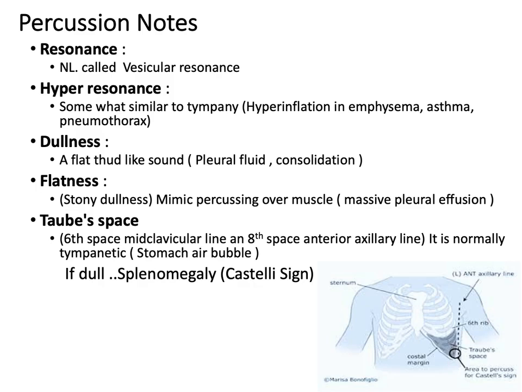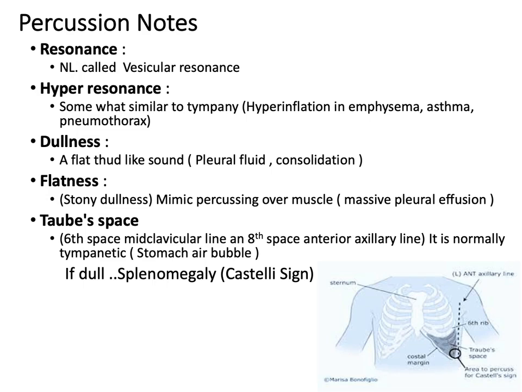Here are some of the percussion notes. It's either resonance, called vesicular resonance, which is normal, or hyperresonance, somewhat similar to tympany, seen in hyperinflation, emphysema, asthma and pneumothorax, or dullness, a flat thud-like sound, seen in pleural fluid and consolidation, or flatness, stony dullness, mimic percussing over a muscle, seen in massive pleural effusion,